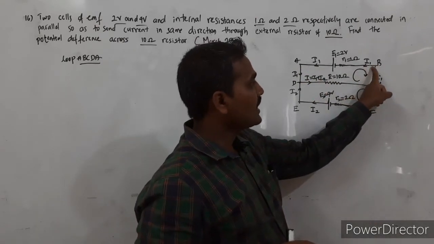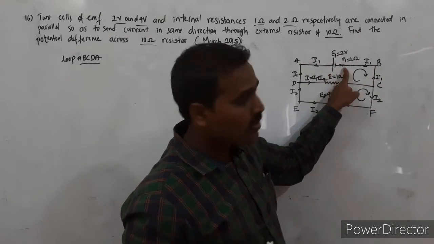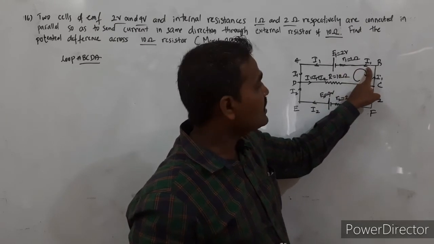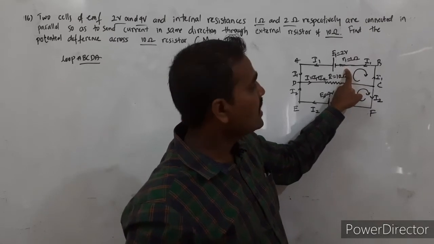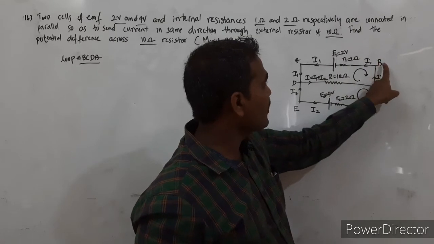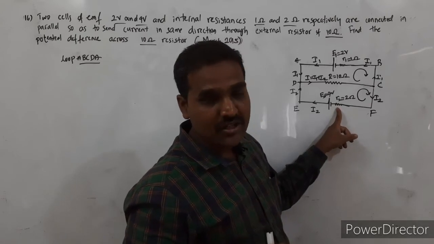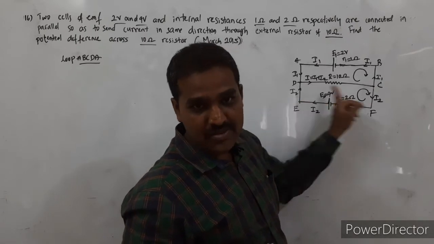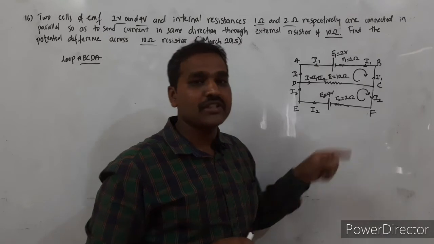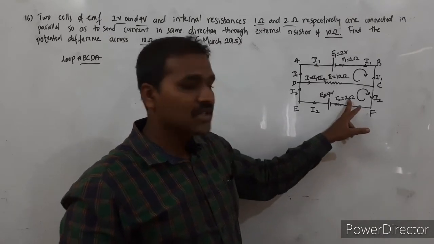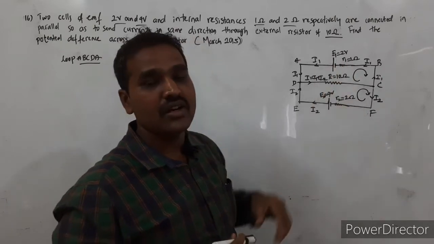So when the current actually flows opposite to our assumption, at this resistor R1 there is a potential drop because of this current I1. That potential drop is equal to I1 times R1. We take this potential drop as plus because our assumption is from A to B, but the current is moving from B to A. Similarly, if across any resistor the potential drop is caused such that the direction of assumption and the actual flow of electric current are in the same direction, in such a case we take that potential drop as minus. This will be clear when we substitute the values here. These are the sign conventions we are using for Kirchhoff's laws.